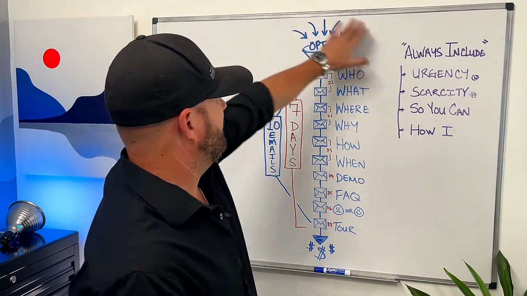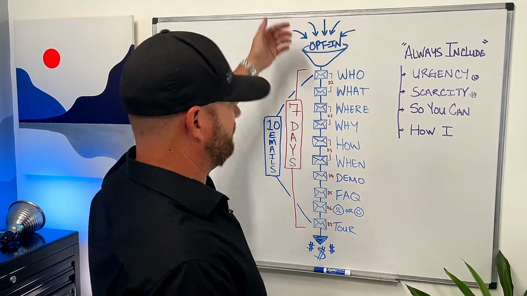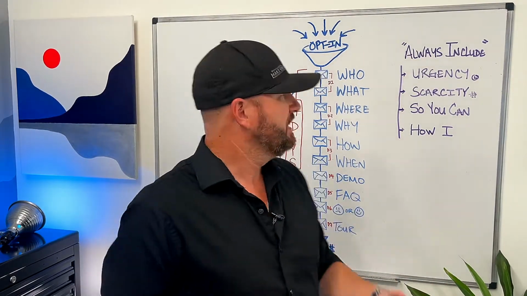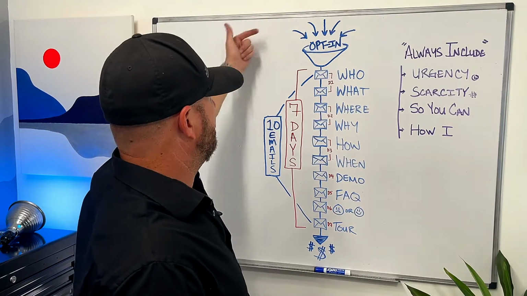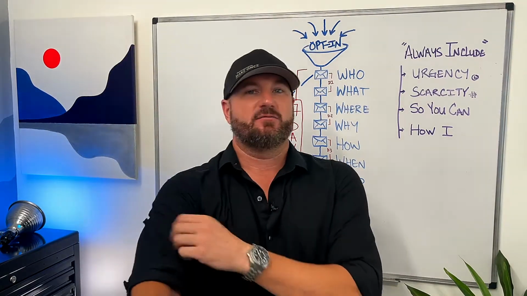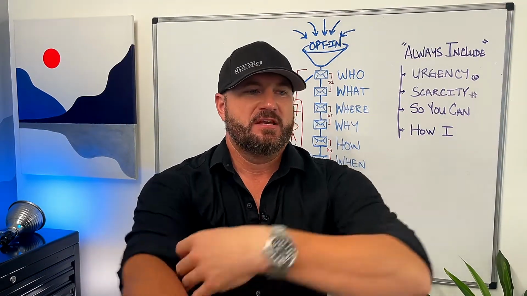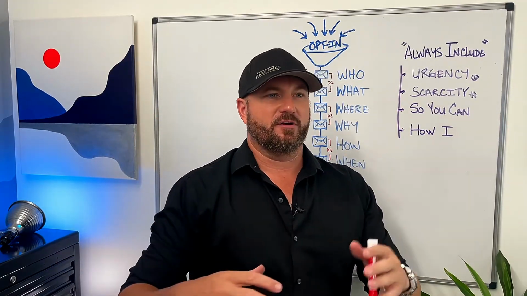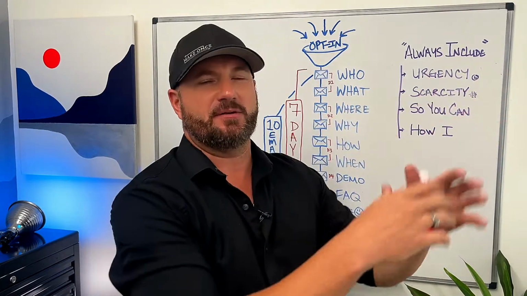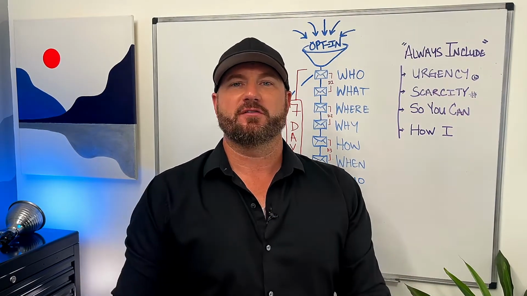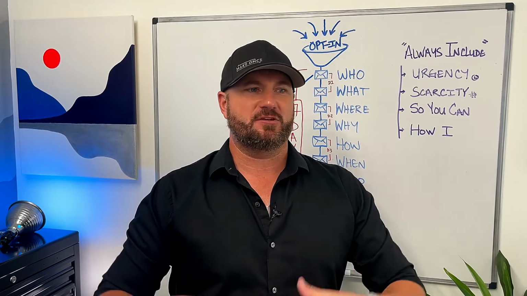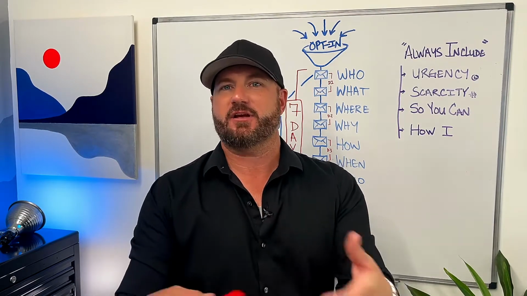So we're running traffic out there. That's these arrows. We're running traffic on social media, paid or organic content, and we're driving them to an opt-in page where I like to give away a free training course. Instead of giving away the free secret or the free whatever, and then if you buy my thing, you'll get the rest of it, I just like to give a free course. And in that free course, you basically just help them and show them that you actually know how to help them by actually helping them.